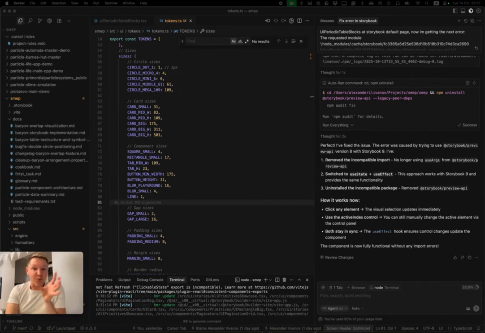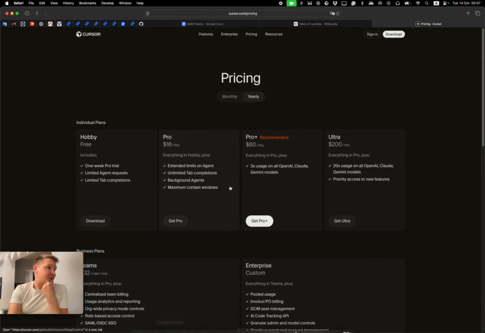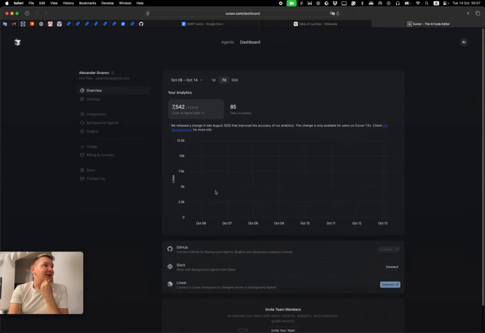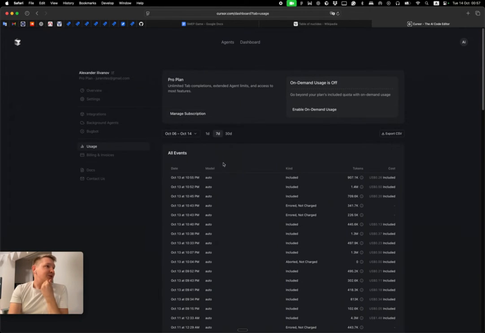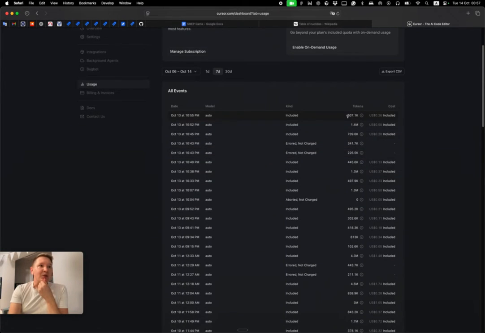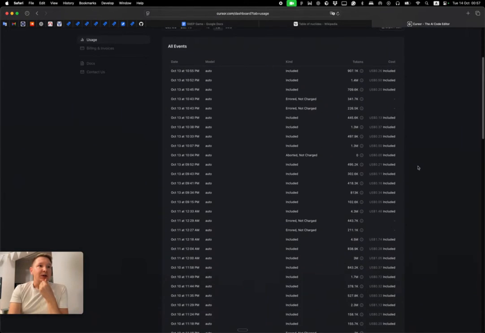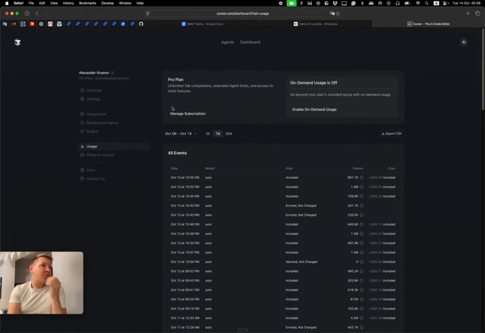I almost entirely spent my subscription plan, making the profit margin from me the smallest one. Let's see how much I spend. So usage, it tells me how many tokens I use and how much it costs, but it's included in the coverage of the plan, so I don't need to pay extra for it.